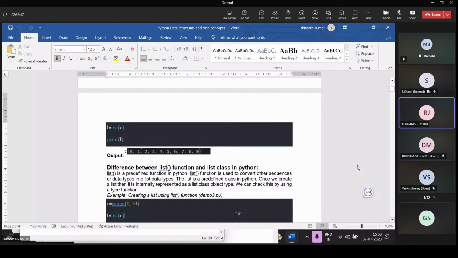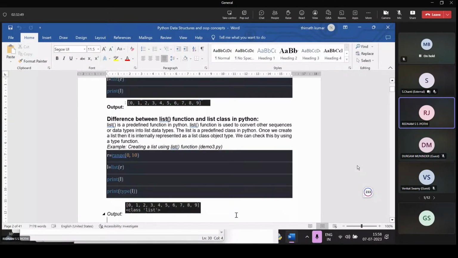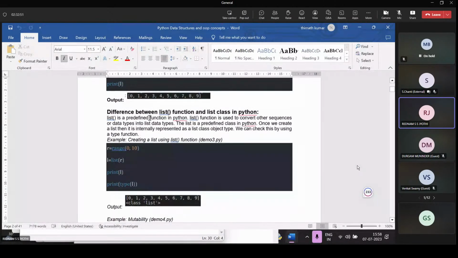Difference between list function and list class in Python. The list is a predefined function which is present in Python. The list function is used to convert other sequences or data types into list data types. The list is also a predefined class in Python. Once we create a list, it is internally represented as a list class object type. We can check this by using the type function.